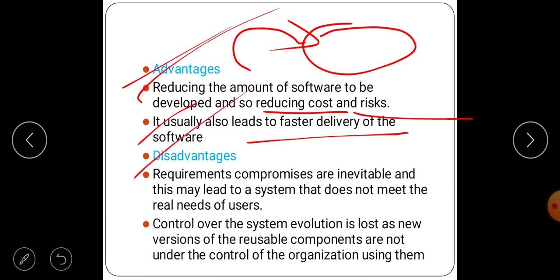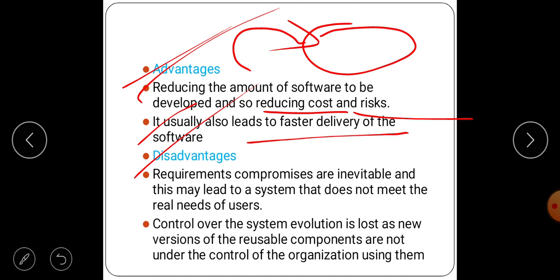What is the disadvantage? Requirement compromises are inevitable, and this may lead to a system that does not meet the real needs of the users. Means here there is a disadvantage.